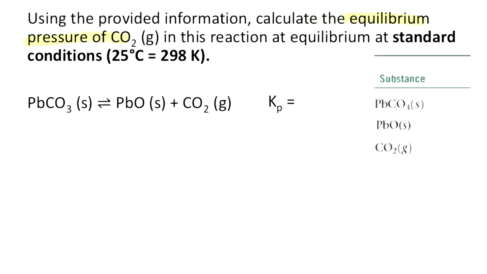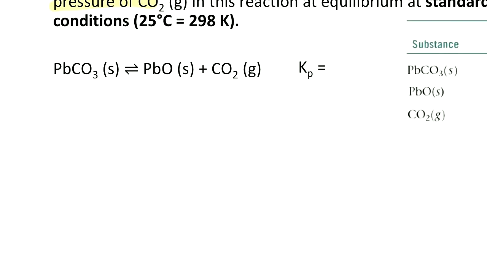So let's first look at this chemical reaction, and let's get K, because we know that we've been studying K and how it relates to delta G. What would the Kp for this reaction be? So this is a little bit of review. What does Kp mean? What does P mean? Pressure, yeah. So we need to get the equilibrium expression, but we want things to be in pressures. So at equilibrium, what do we care about? The pressure of what? CO2. Anything else? No. That's good, because this question is asking us,